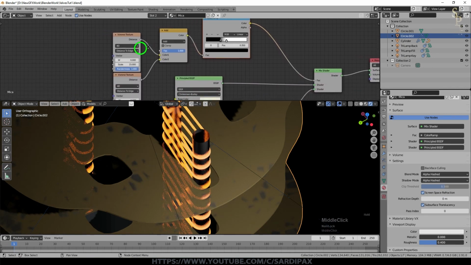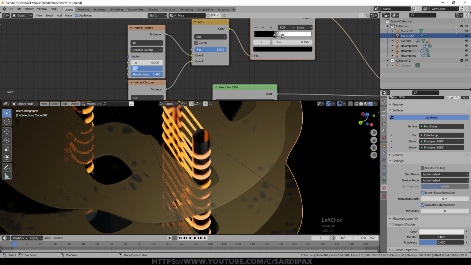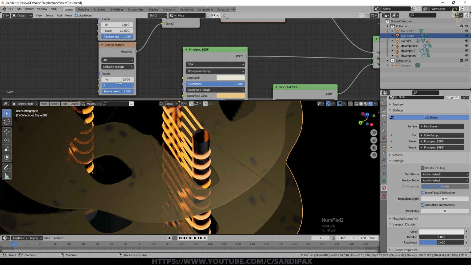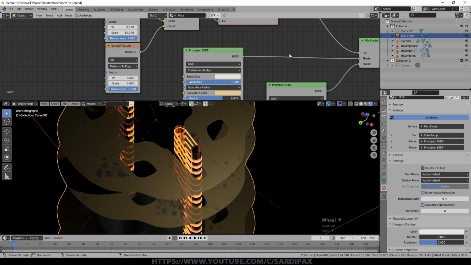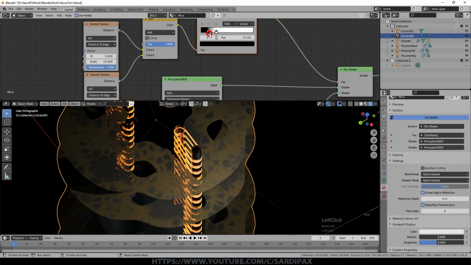And then of course you can tweak the scale. So if we tried 10 for example, you can see that's slightly different. 2 got a bit more again. So just to add some sort of interest, and you can play around with that to see how that works for you. This particular one, I think that looks a bit more interesting.